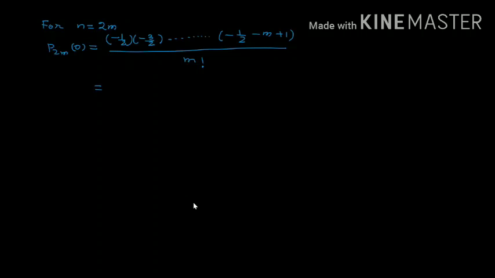This is equal to minus 1 to the power m by 2 to the power m, then into 1 into 3 into 5 up to 2m minus 1 divided by m factorial. So this is one important formula, P2m of 0 is equal to this much. Further we can write